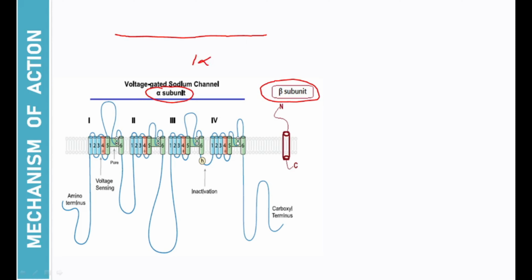It is generally composed of one alpha subunit which forms the pore, and one or two beta subunits. Now if you see the alpha subunit, it is composed of four domains, 1, 2, 3 and 4, each domain containing 6 segments,